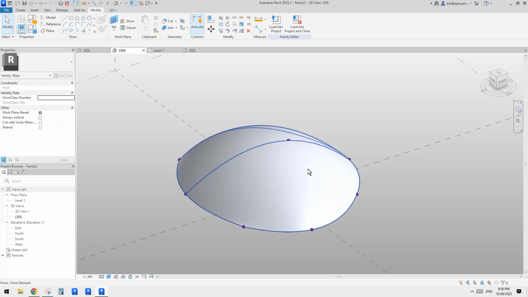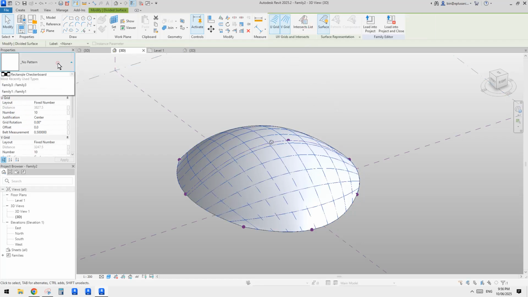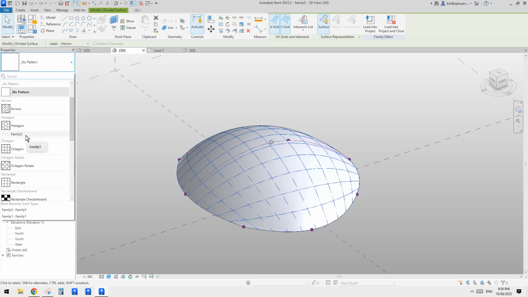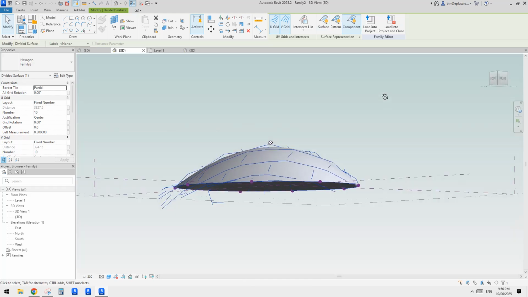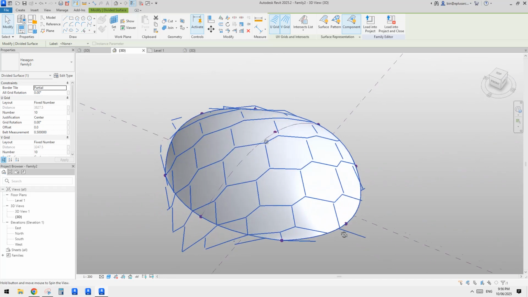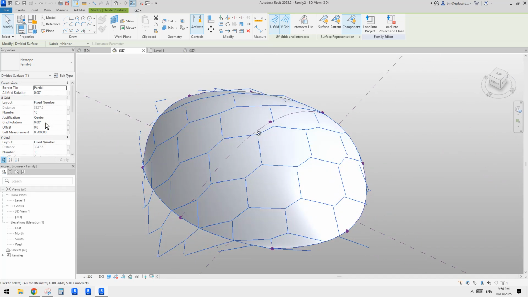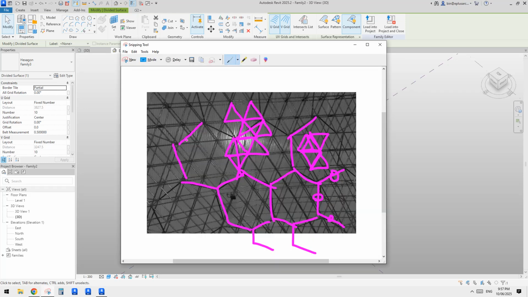So let's just select the one, and then I'm going to just go, divided surface, and go here, change. I'll try the hexagon first. Okay, looks like not too bad actually. So, but what we need is to roughly adjust the number or spacing, so these 2 pattern match. Okay, so match. So you can see it actually. So you can see this hexagon shape match the triangle shape,